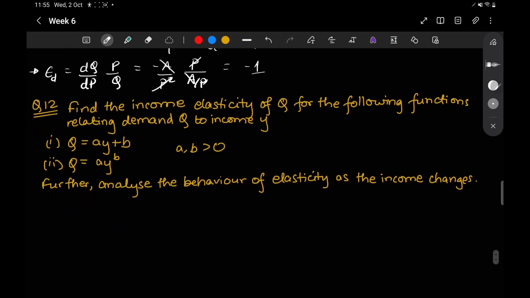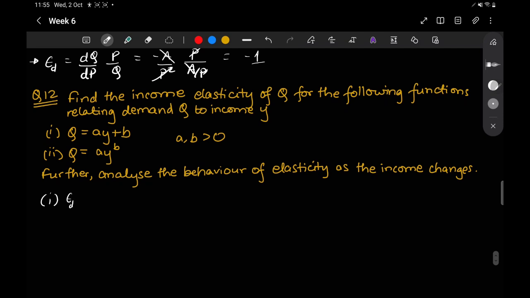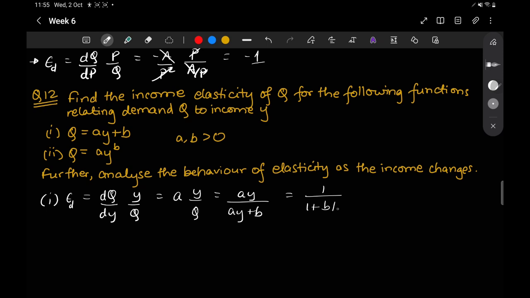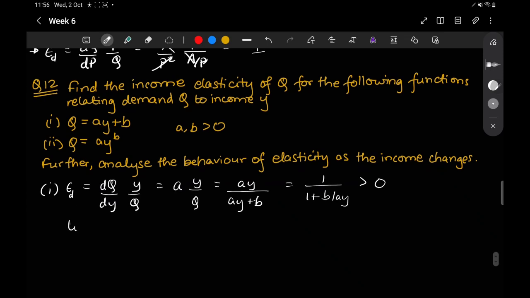It is dQ over dP times P over Q. So for the first example in this question, the elasticity of demand is dQ over dY, because now this variable is Y, times Y over Q. So dQ over dY, that's A, times Y over Q, and Q is AY plus B, and this is clearly positive,